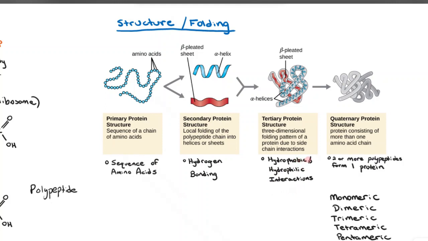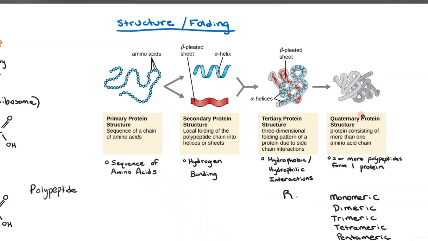The way that these R groups interact with the water, we call hydrophobic and hydrophilic interactions. So hydrophobic describes the R groups that do not like to be around water, and hydrophilic describes the R groups that do like to be around water. And if you really want to know why the R groups behave the way they do, it's just based upon the chemical properties of the R groups, which is determined by the identity of the R group.